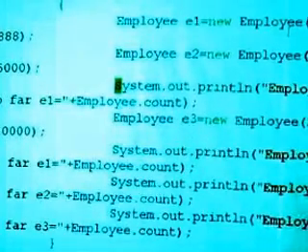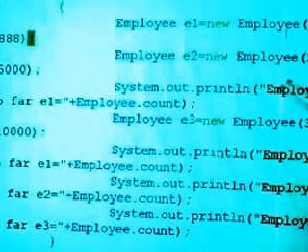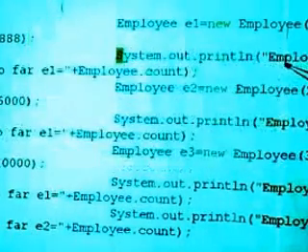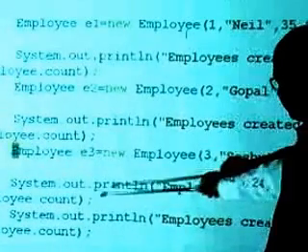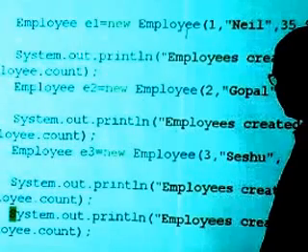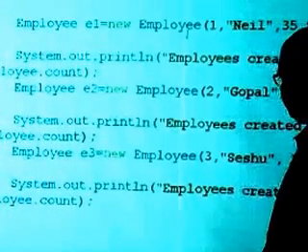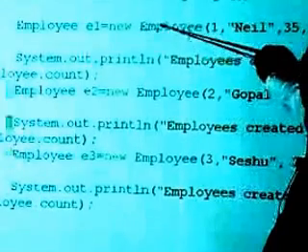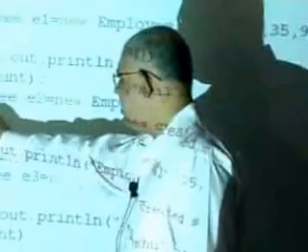Oh, good. So we had the line there. Now we have it after E1, we have it after E2, and we have it after E3. Let's get rid of the last 2. Yeah, wonderful. This is a good thing. So we have employee E1 getting created. We are saying employees created so far for E1, and we are printing employee.count there.